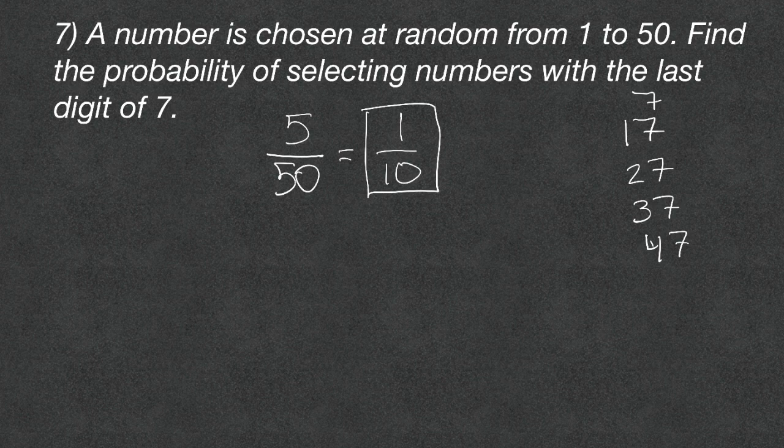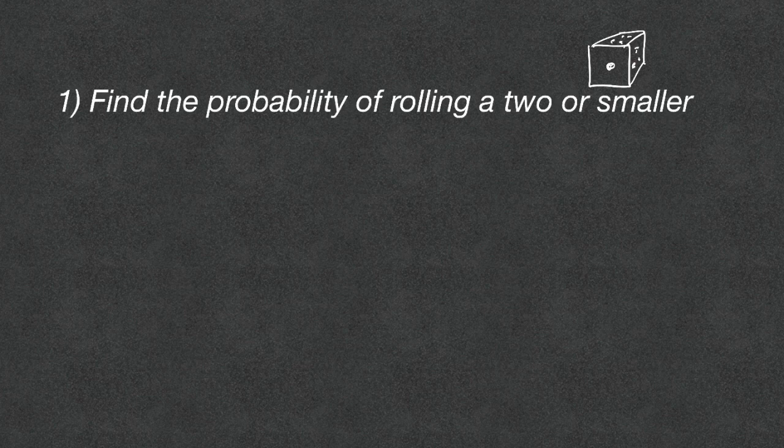All right, so let's move on to probability with a single die. So we have one single die here, and I don't know the actual order, so I'm just going to do random dots. Okay, single die. We are asked to find the probability of rolling a 2 or smaller. Well, we know that in any given roll, there are 6 possibilities. So we can go ahead and put 6 down as our denominator there